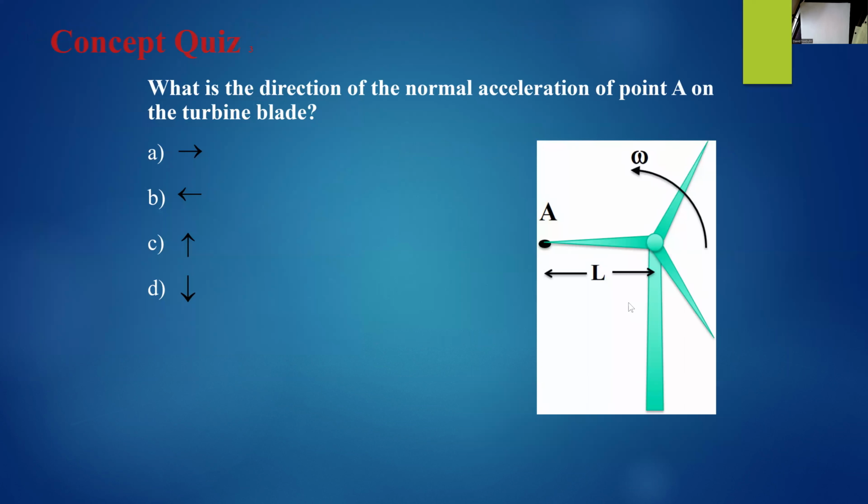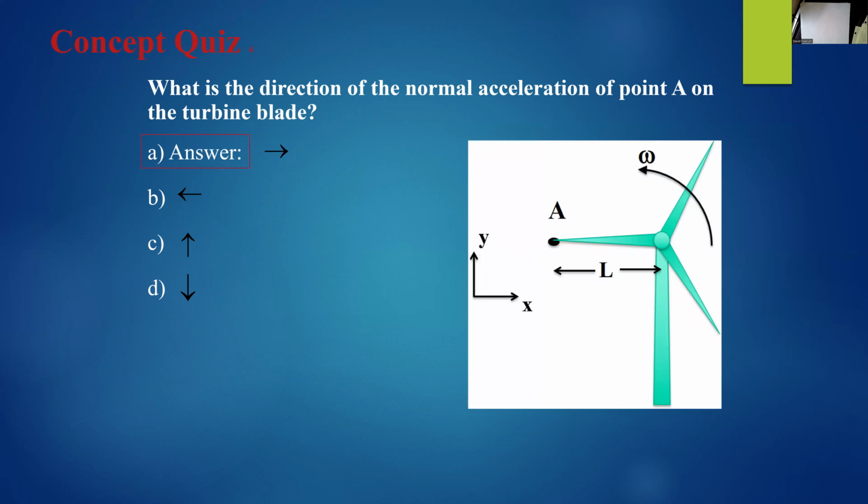Now here we have the turbine again. The answer, I've given it away, but let's explain it because that's more important. So in the answer, we know, what direction is the acceleration? The acceleration always points towards the center. So we knew it had to point towards the center. But if we look at our cross products, and this is where, let me stop share, and we look at it this way,